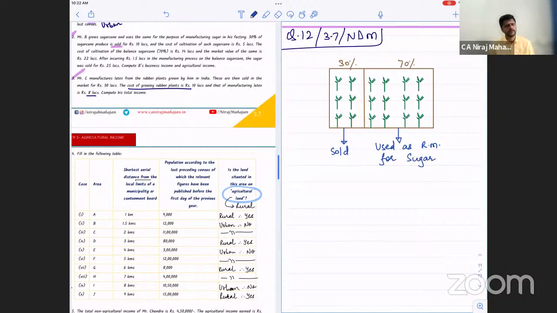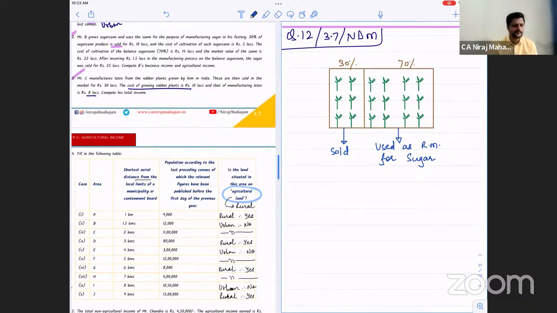For sugar, clear? You can have a rough diagram in a notebook for your understanding. Okay. For the 30% income, or the sale of 30% of produce, what do you think? I have grown sugarcane, I have sold sugarcane. What will happen? Bifurcation will be there, apportionment will be there as per Rule 7, or no bifurcation, no apportionment? It is 100% agricultural income. This much all of you understood.